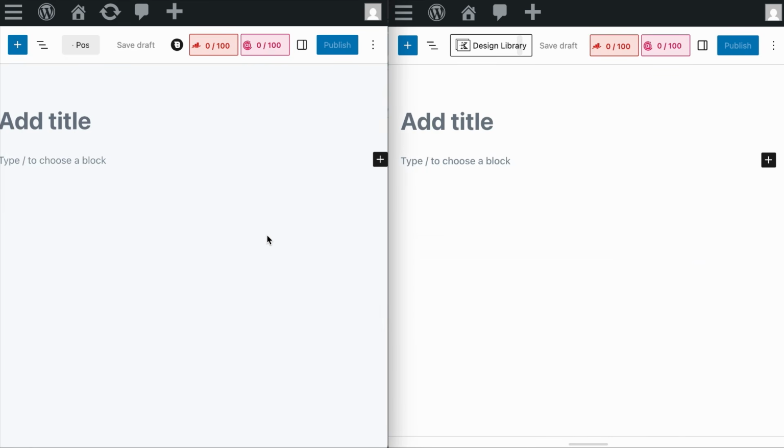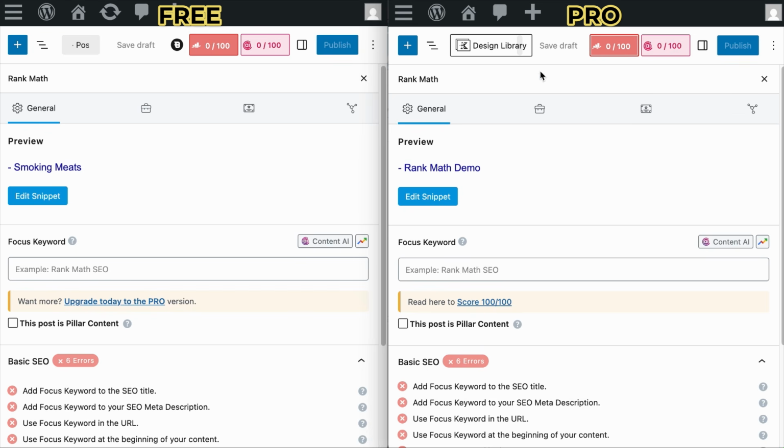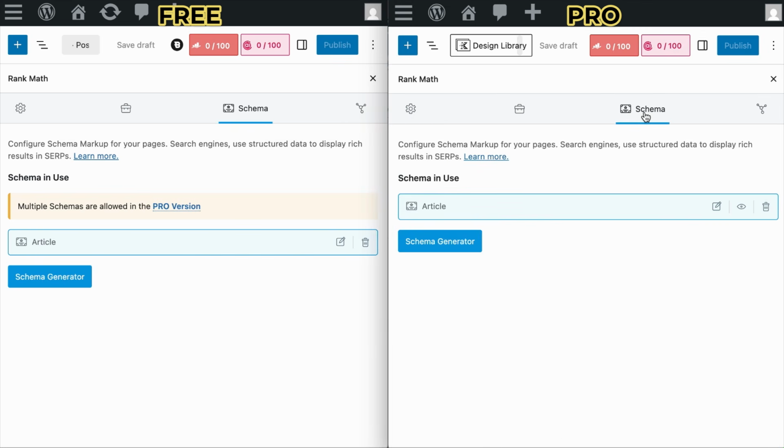So let's put things into perspective. Let's put the free version of RankMath on the left and the pro version on the right. The first difference you will see between the free and the pro version is that as you click on the